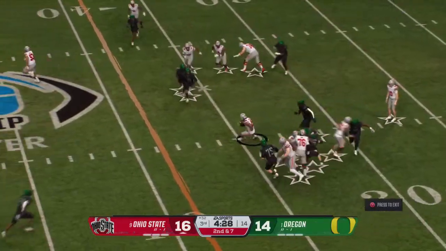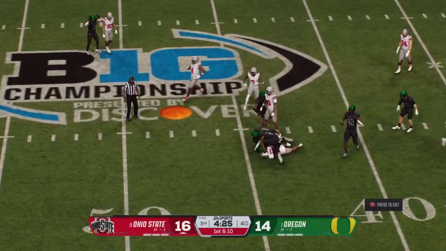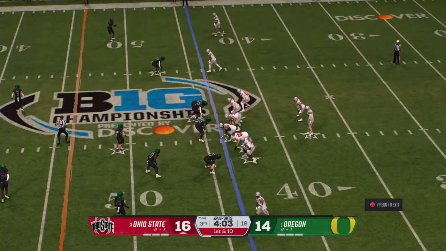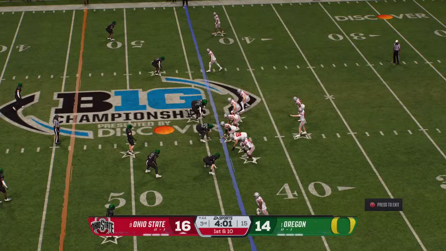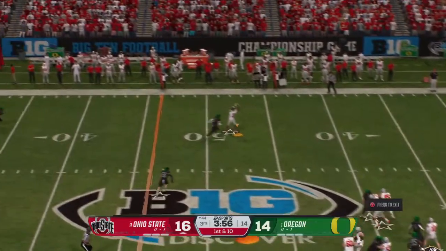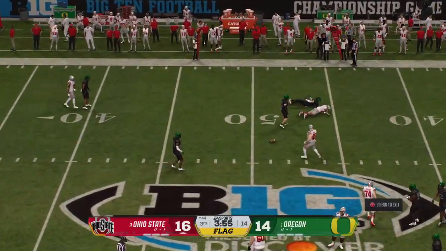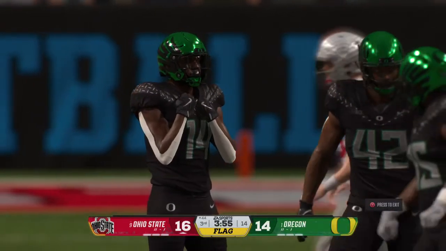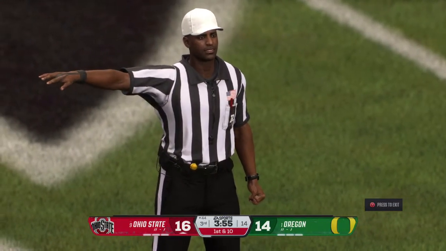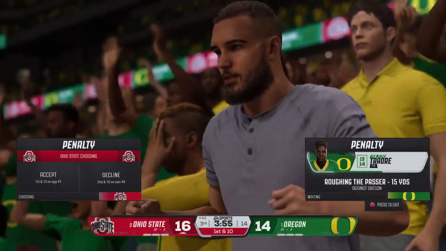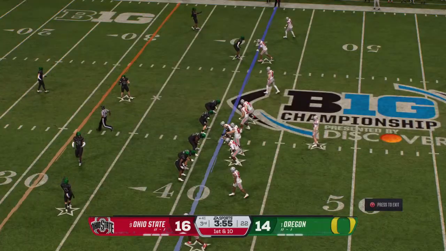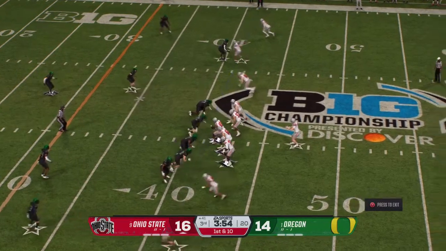They're going to run it here. Tackled at the 44, but good enough for a first down. The Buckeyes look to keep this drive moving. Off the play fake, looking to throw. Pass is incomplete, but there's a penalty marker down. Might be roughing the quarterback. That's just an egregious late hit. Obvious roughing the passer. The Buckeyes lining up here on 1st and 10.